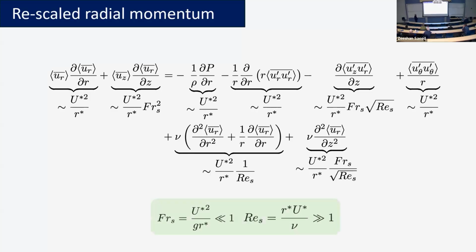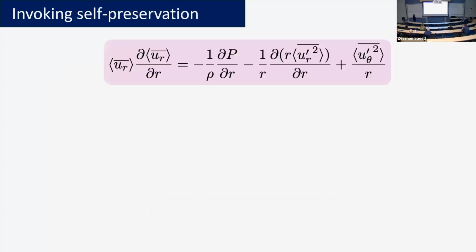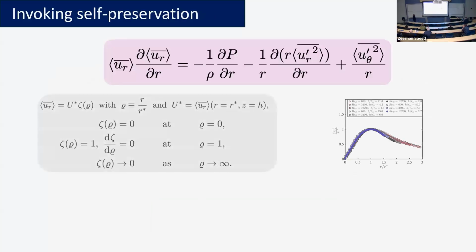And essentially I'm using this observation assumption, which is empirically driven. Okay, so what happens at the end is that I get this nice, still not nice, but still more manageable equation, which is a rescaled dimensional radial momentum equation. If I'm to work with this equation, I'm using certain, again, observations that I've made earlier, is that the velocity